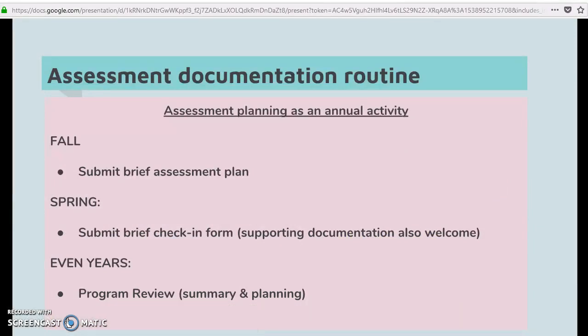Also new is a documentation routine. So starting this fall, we're asking everyone to just jot down their assessment plan for the 18-19 year in the fall. So next year, 19-20. Very brief, very simple, but just something to keep track of, because it's very hard often to keep in mind,